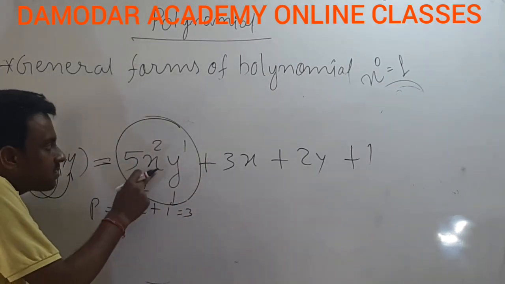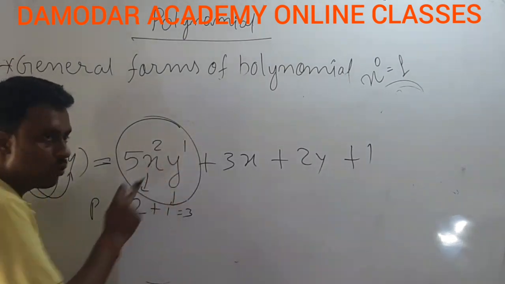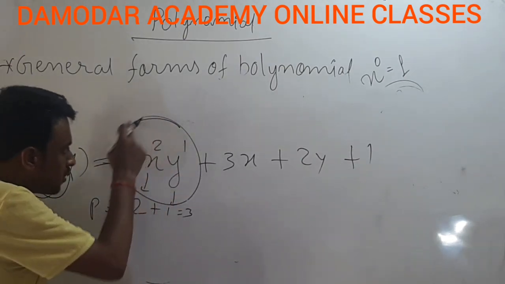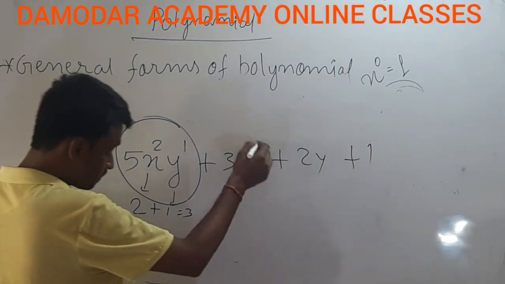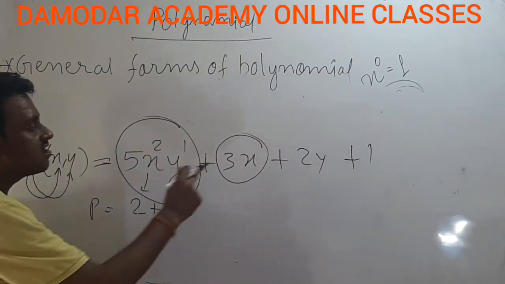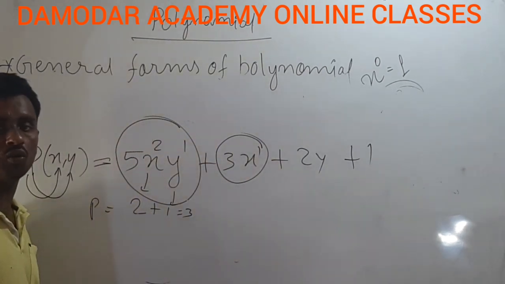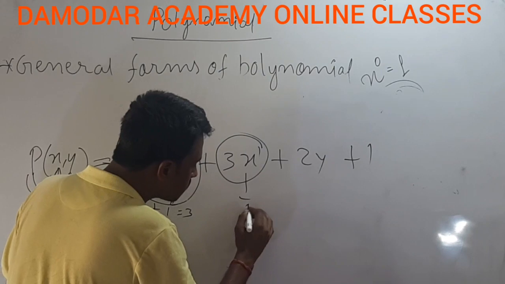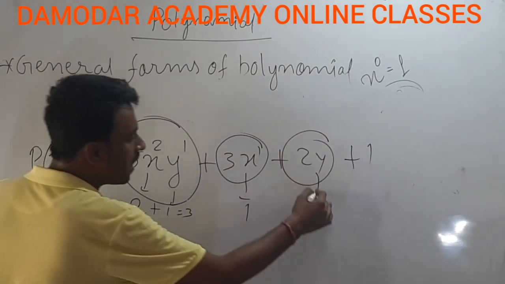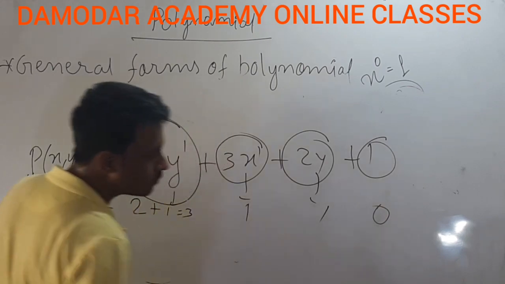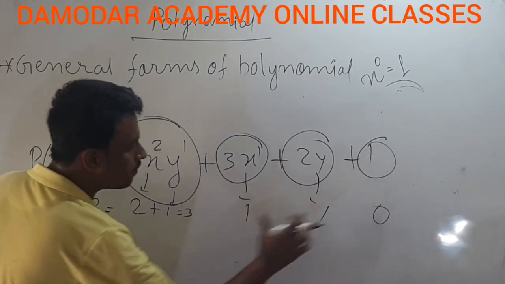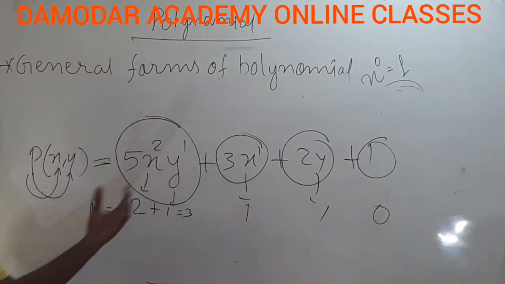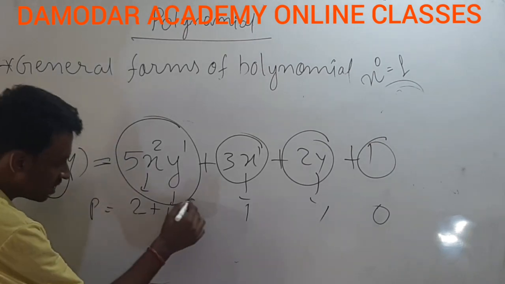यहां पे क्या किया? x का पावर क्या है? 2, y का पावर क्या है? 1 है ना? हम लोग क्या करेंगे, इस पूरे टर्म्स का वेरिएबल का पावर क्या है 2 प्लस 1 और वो 3 के बराबर है। नाउ इस केस में सेकेंड टर्म को देखो, इसमें क्या है x रेज पावर 1 है, 3 इंटू x रेज पावर 1, तो इसका पावर क्या है 1, 2y इसका पावर क्या है 1, इसका पावर क्या है 0। ठीक है, तो अब बताओ जब हम कंपेयर करेंगे सारे टर्म्स के पावर को, तो इसमें से सबसे बड़ा पावर किसका होगा, ऑटोमेटिकली किसका होगा 3 का, और 3 का